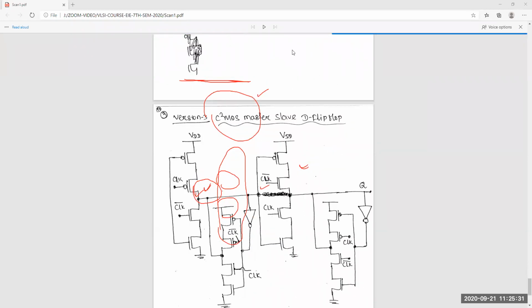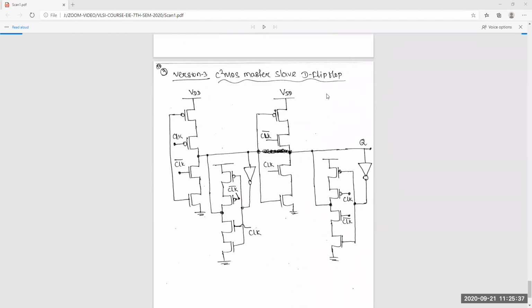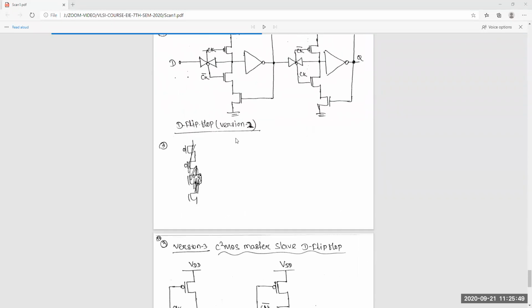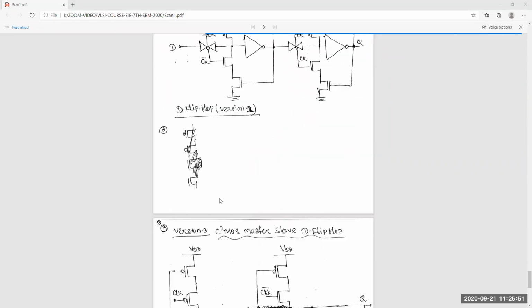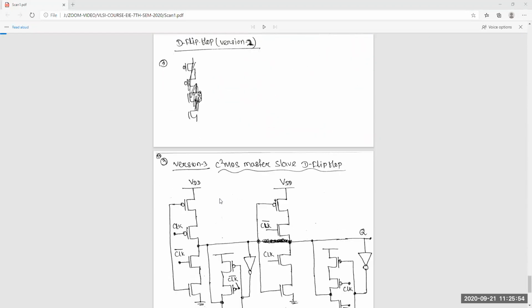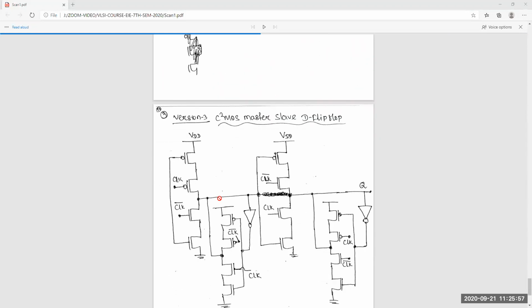The next one is purely C square MOS master slave D flip-flop. Here also you can see this is D. Because of the data, an initial inverter is there.